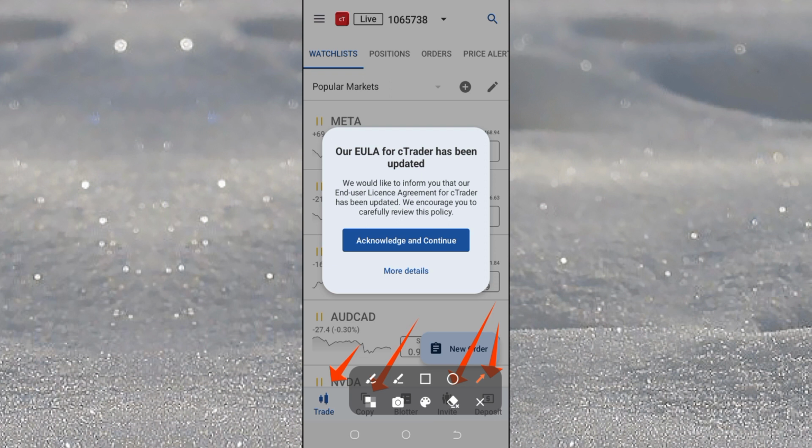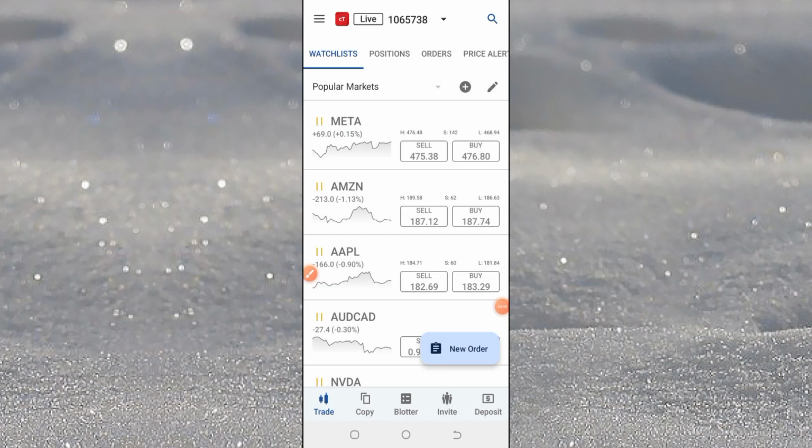All right, so let me first read this one which has just popped up. Our EULA for cTrader has been updated. We would like to inform you that our end user license agreement for cTrader has been updated. We ask you to carefully review this policy. So you click on acknowledge and continue. So you can see now it will disappear. So you have to first familiarize yourself with this